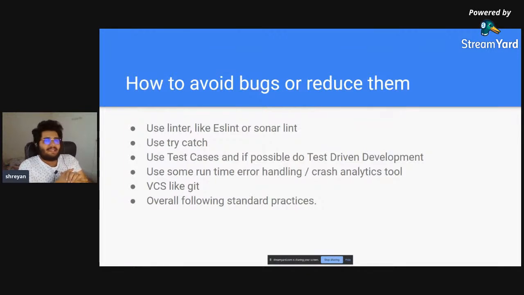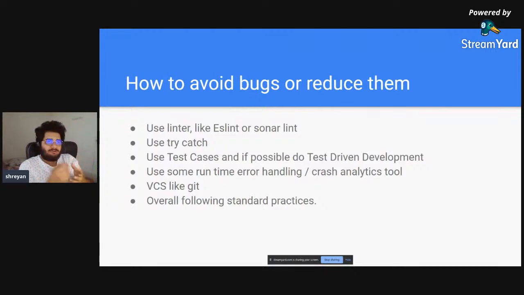So basically we write unit test cases. Using that, usually the practice we have is that before pushing it or before sending it to someone to test, we run these unit test cases, which cover the most prime features of our app, so that we can be sure that, all right, these features are working fine. Then some other things like we could use some crash analytics tool like Sentry or something,